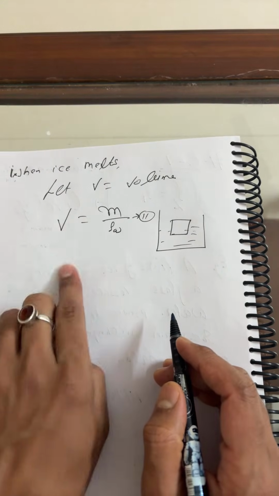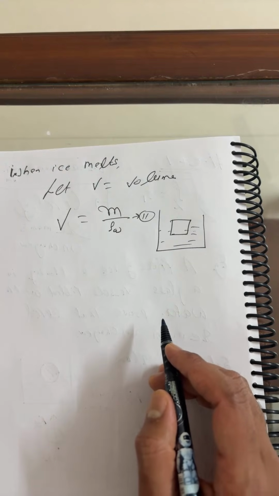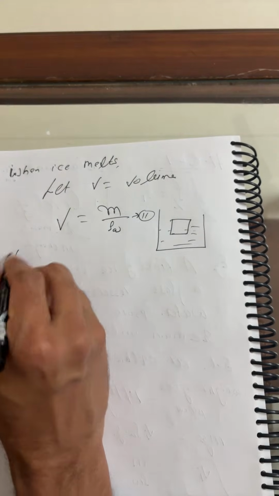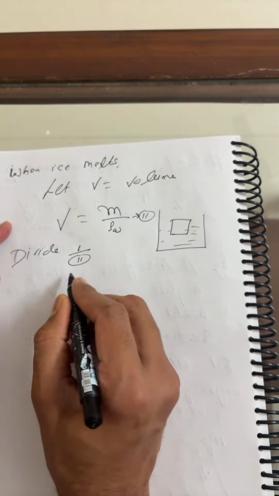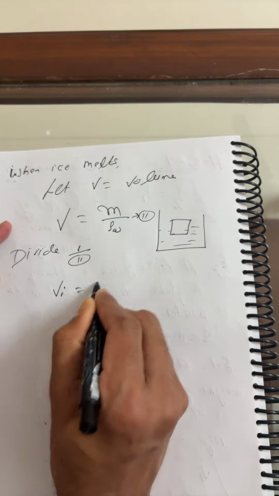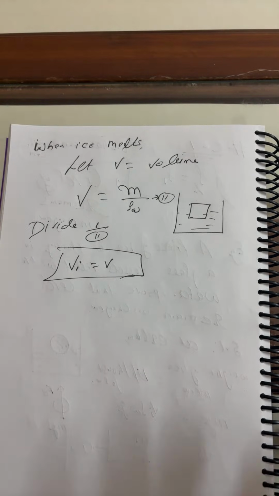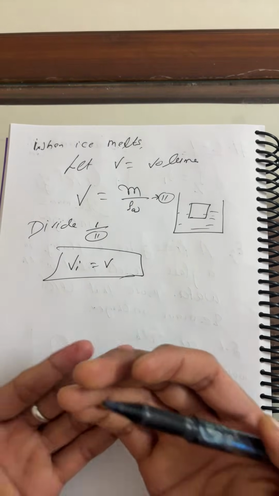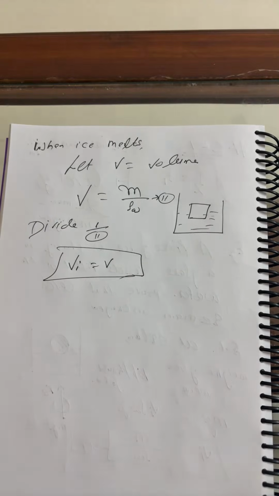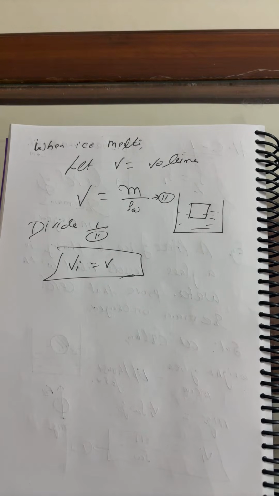Now beta, just take the ratio of these two. Divide the first by the second. Then I can say volume immersed is equal to volume V only. That's why the volume remains the same, if the densities of both the floating body and the liquid remain the same. Did you get it?